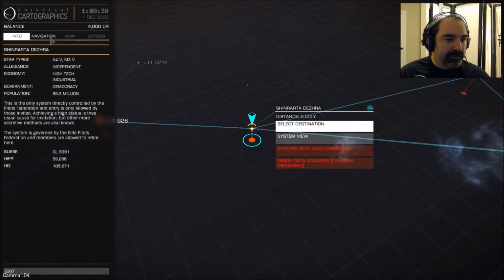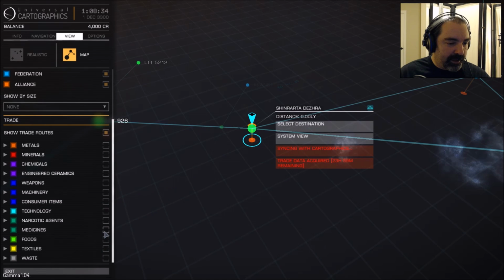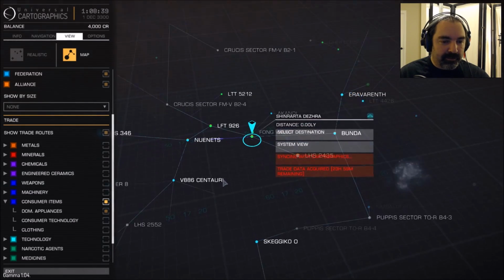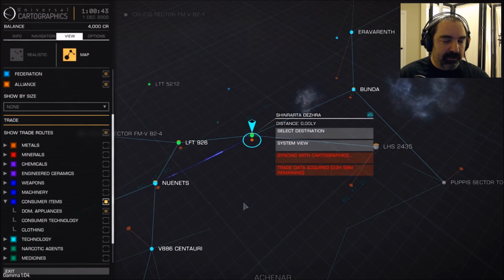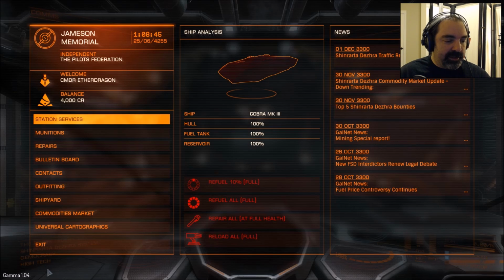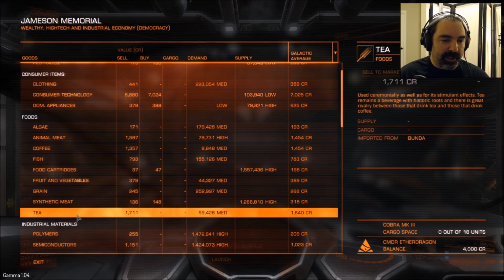System map. View map. Go down here and I want to see domestic appliances. Where do people want them? Oh, it looks like Shinrata is importing them, not exporting them. Alright, so that's not going to be particularly useful. Commodities market,